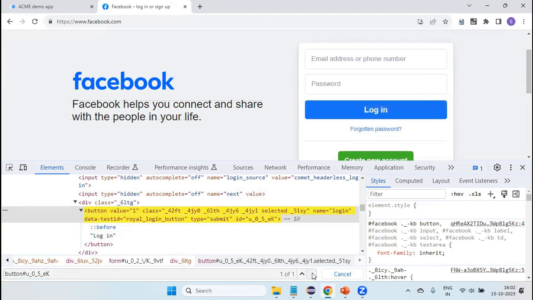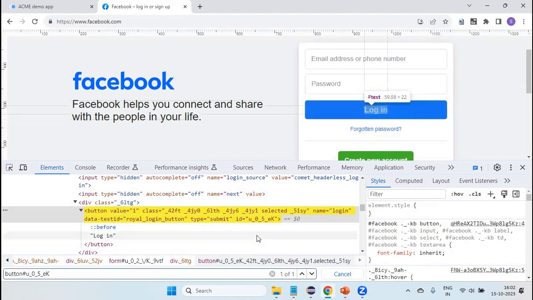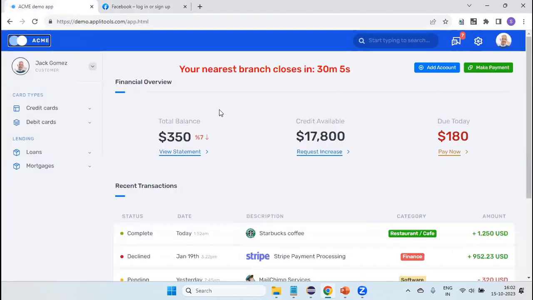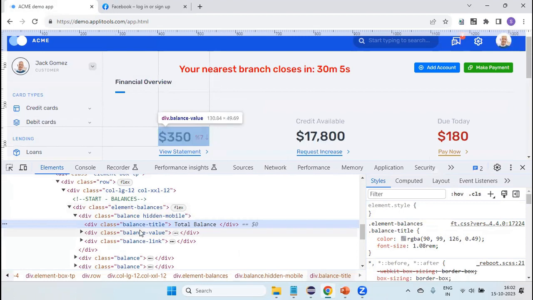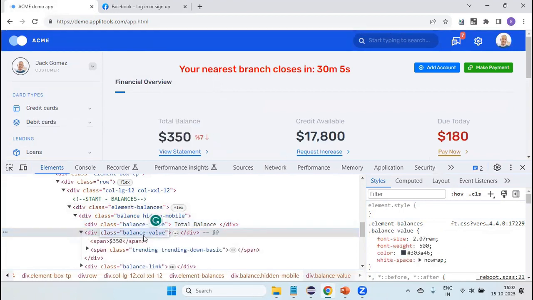You can see it works. Now, if we look at the classes, let's look at this application where we have more classes. Like we want to get the value of this total balance. So it has a class. So let's copy this class value,